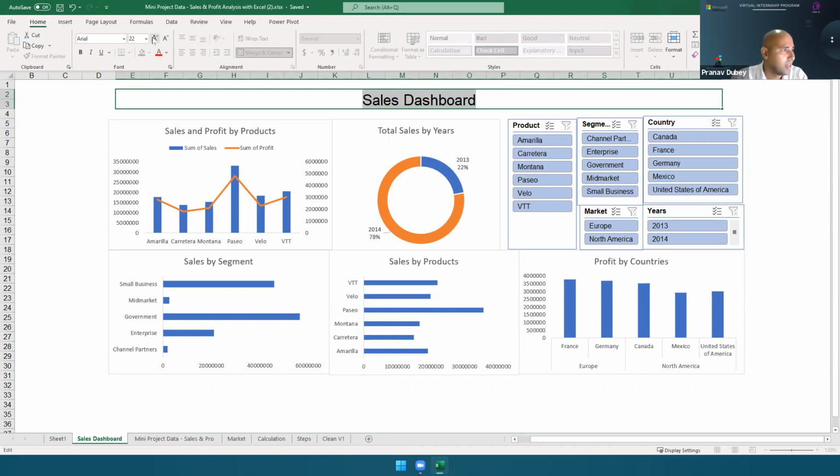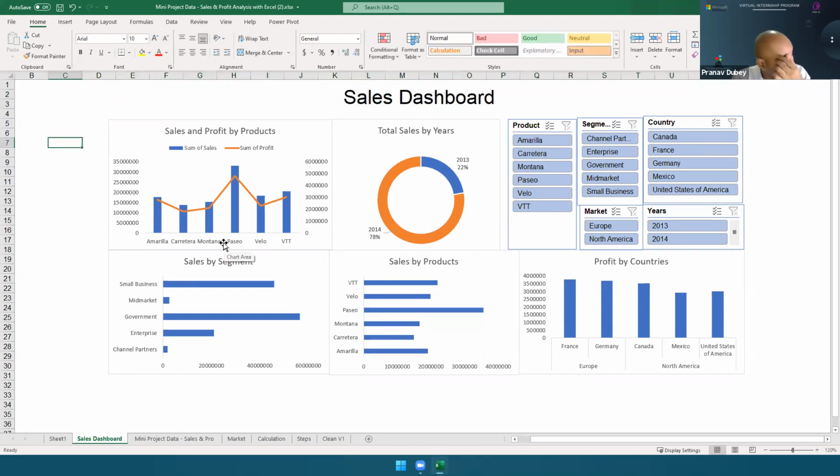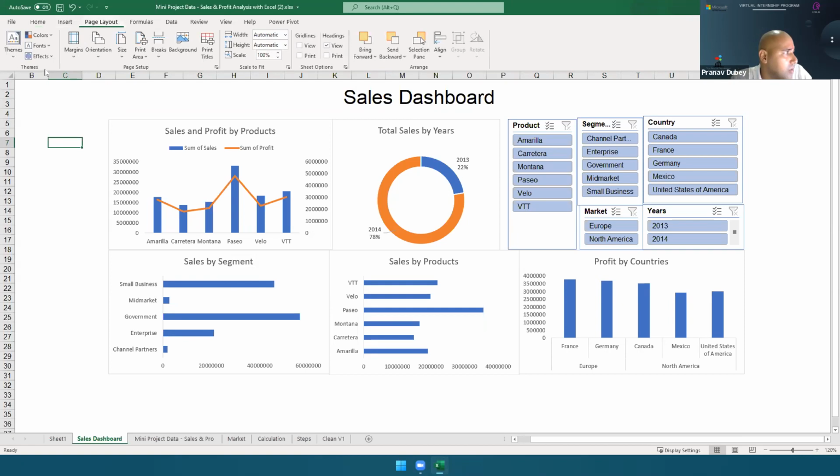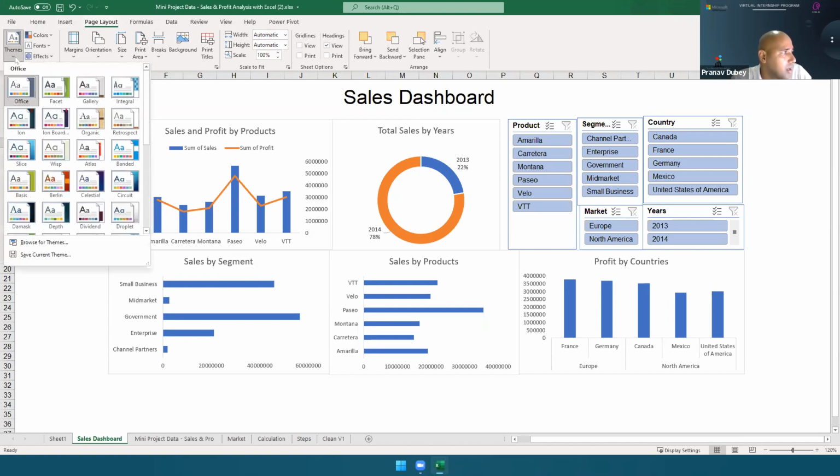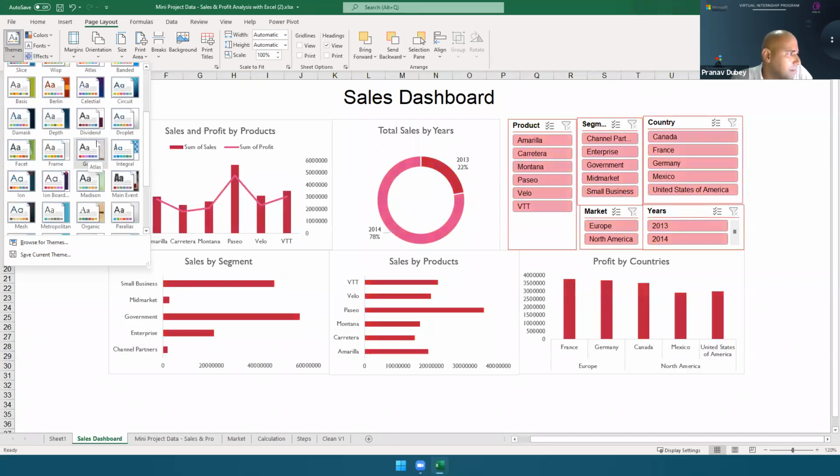So you can give any name. And I will give a theme. So I will go to page layout, and here we have themes. Themes are just some predefined themes we can add here.